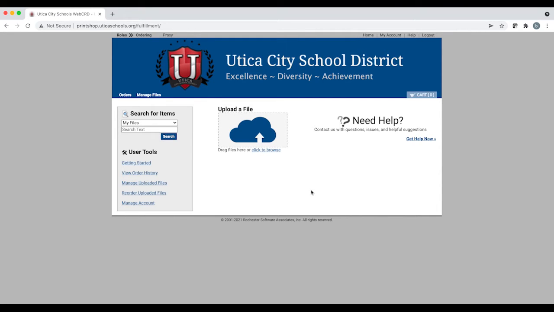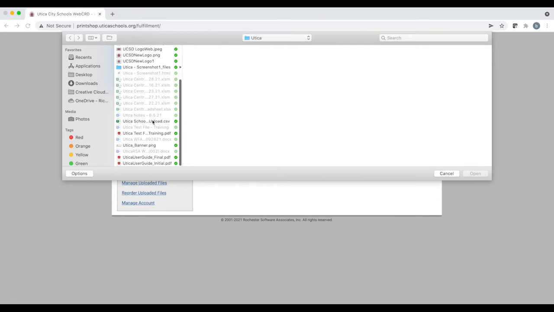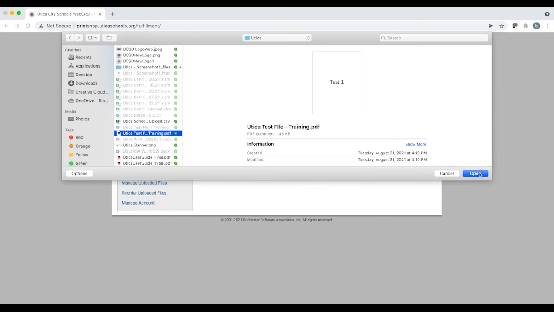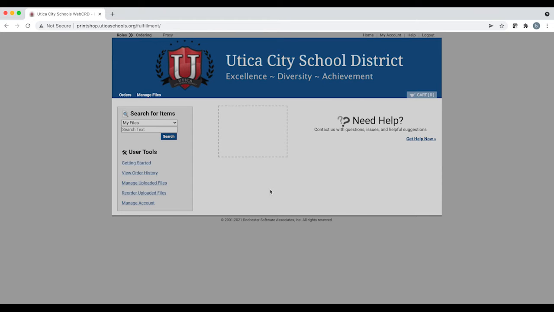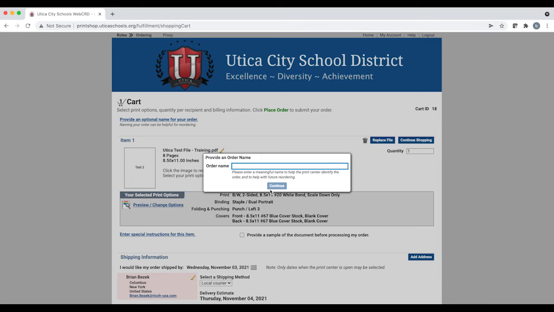To upload the file, you have two different choices. You can drag and drop it, or you can click this Click to Browse button, which will bring up all of the files you have on your computer available for print. So I'm going to click Browse and then upload a file from my computer. Click Open, and you can see it was a Word document. So as the file's uploading, the system is converting it to a PDF, as that's what we use for the